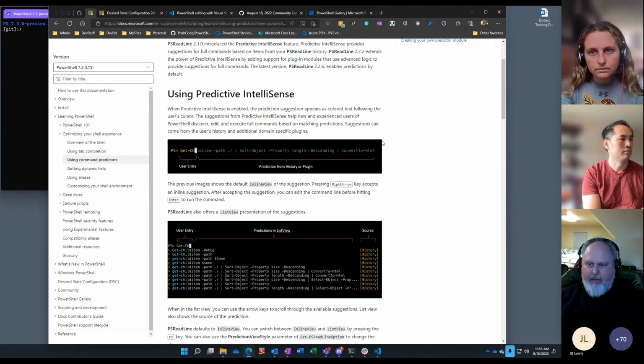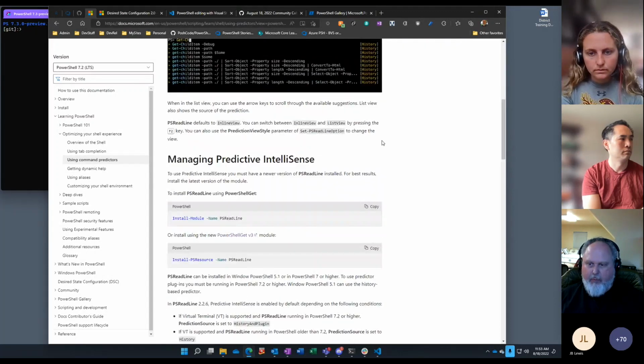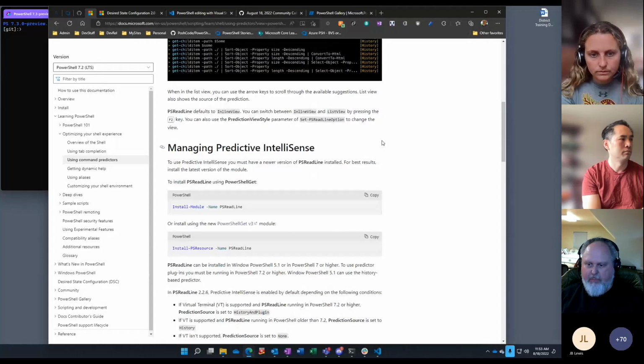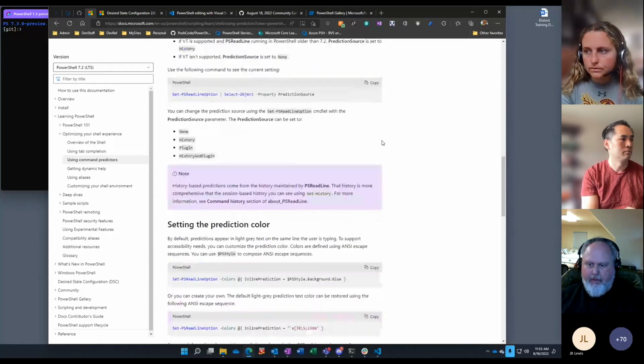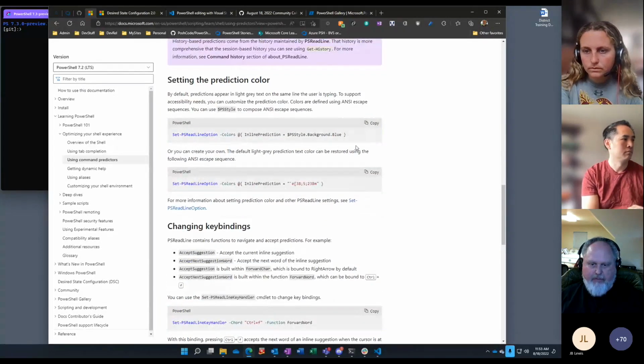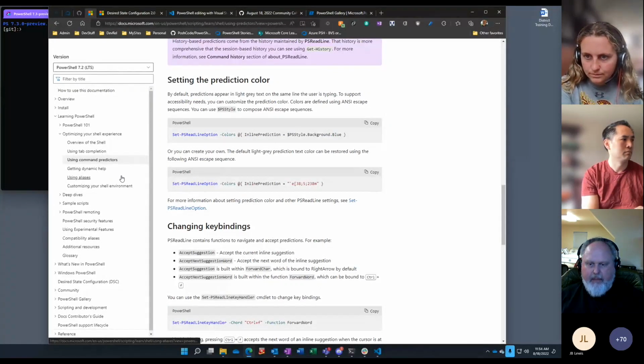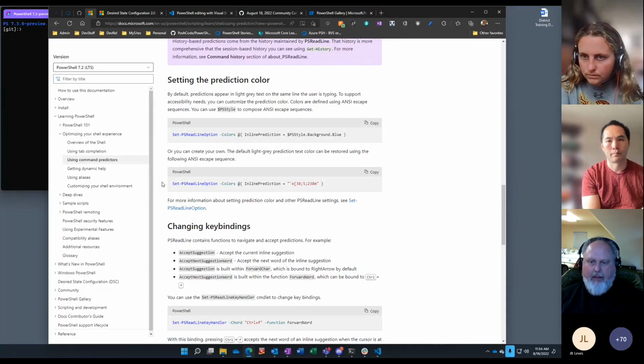We have reference documentation, but this has been a piece that's been missing, talking about how to actually use these features. We have a couple more articles planned to go in here, but we really want to improve our documentation about the shell side of PowerShell.